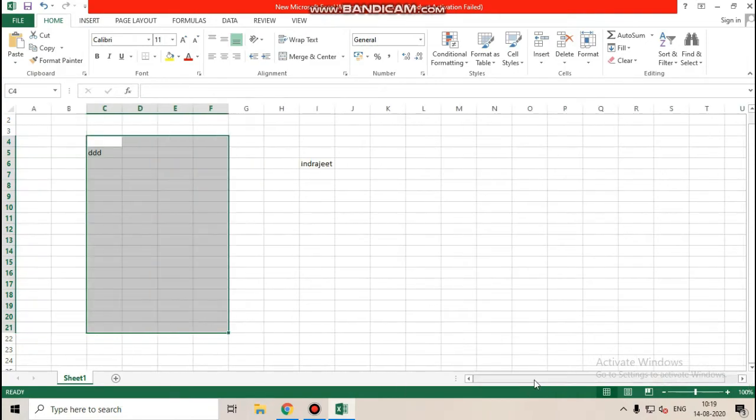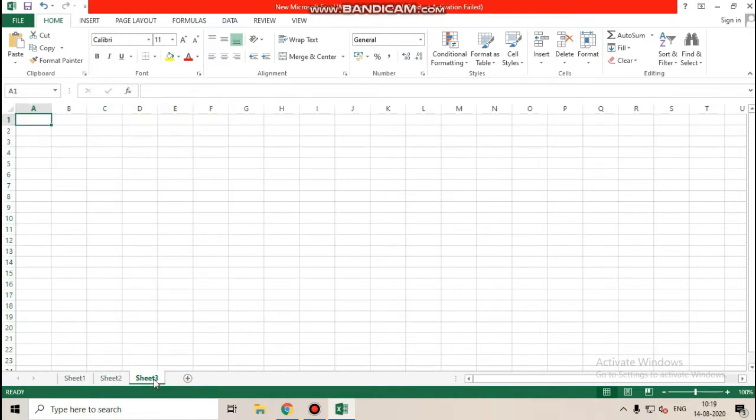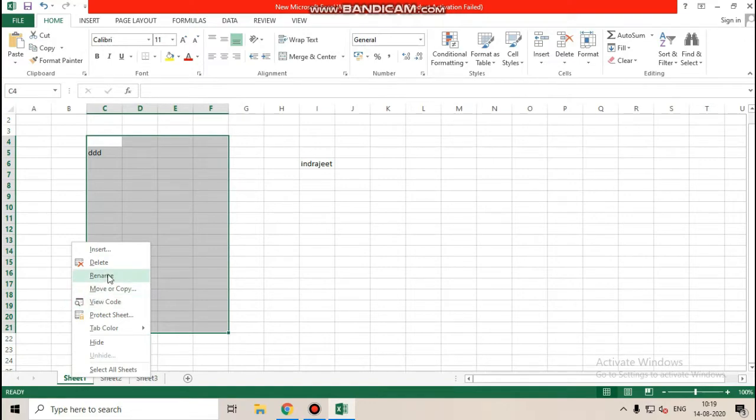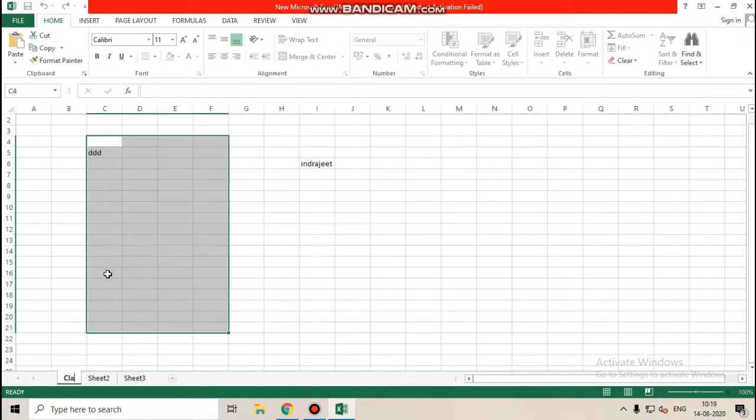Now this is the working area. You can see the workbook window. Here you can do your task, you can make a table, you can do calculations, and the most important thing is the status bar. This is the status bar. Like it is written here, Ready, this is the status bar. And look, Sheet1, Sheet2, Sheet3, we call it the sheet bar. From here you can increase or decrease the sheets.